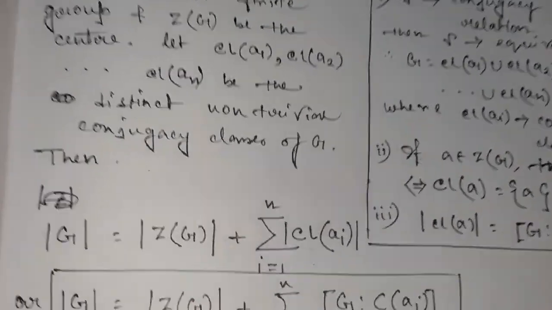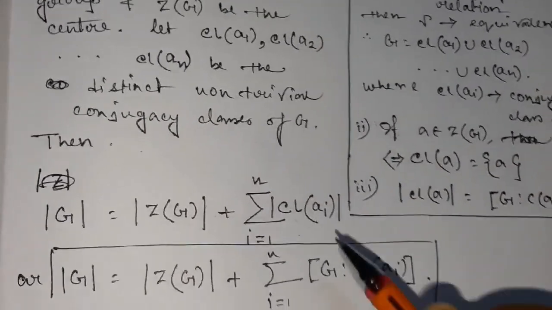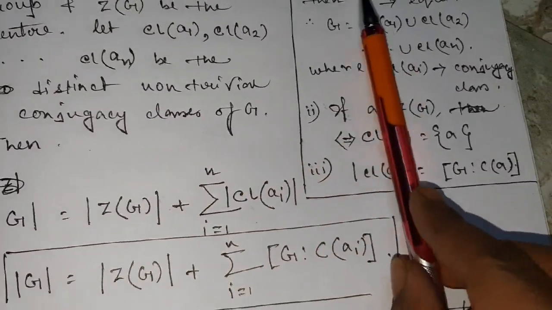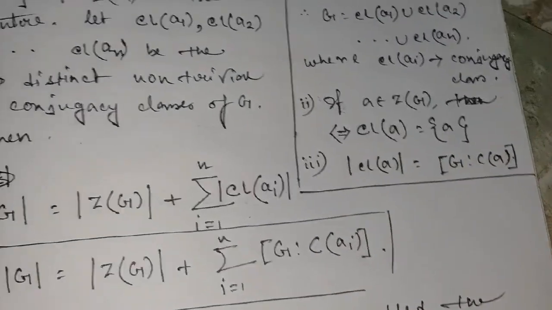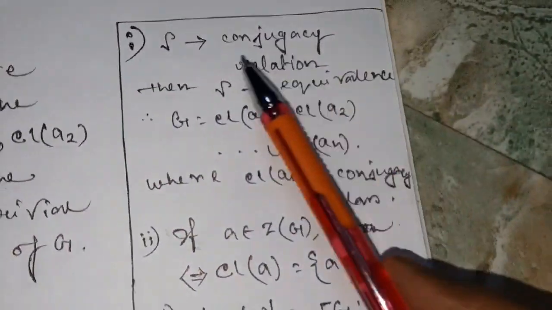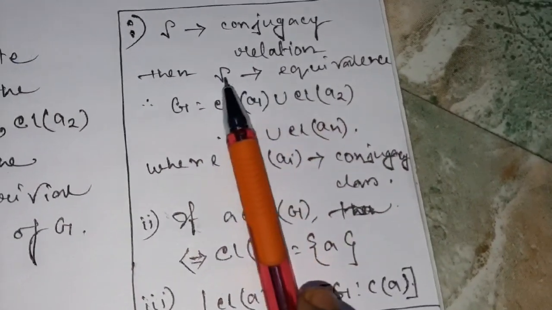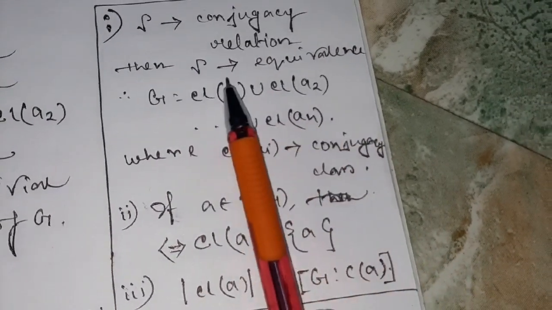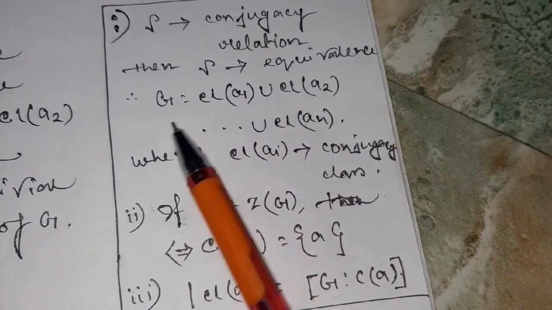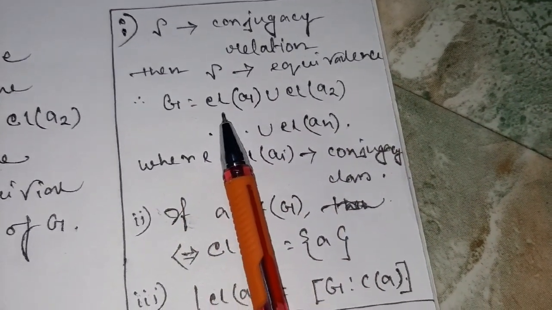আচ্ছা, আজকে ক্লাস ইকুয়েশনটা স্টার্ট করব আমরা। তো ক্লাস ইকুয়েশনের স্টেটমেন্টে যাওয়ার আগে ফার্স্টলি আমরা এই তিনটে জিনিস দেখে নেব যেটা আগের লেকচারে বলা হয়েছিল। আমি একবার রিমাইন্ড করে দিচ্ছি। বলা হয়েছিল যে ইফ রো বি এনি কনজুগেসি রিলেশন, দেন রো উইল বি ইকুইভ্যালেন্স রিলেশন অ্যান্ড রেসপেক্ট টু দিস রো some conjugacy classes will be generated, okay, and G can be written as like this.